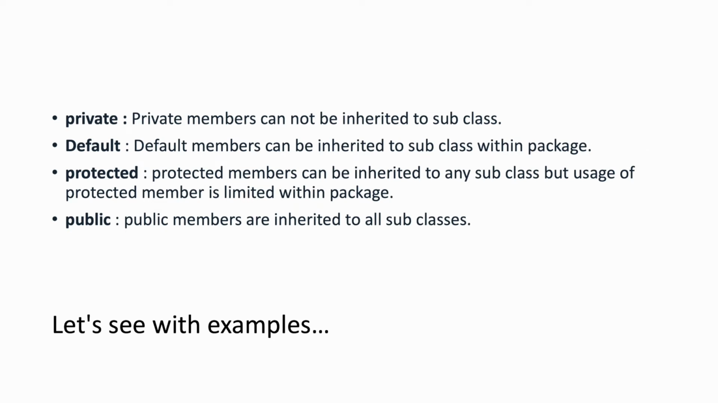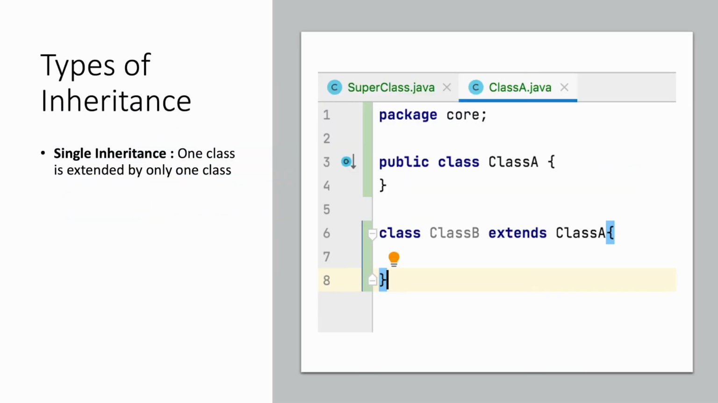Public members can be inherited by all its subclasses, and we can access them from anywhere. Now let us see what types of inheritance are available in Java. Single inheritance: if one class is extended by one class,